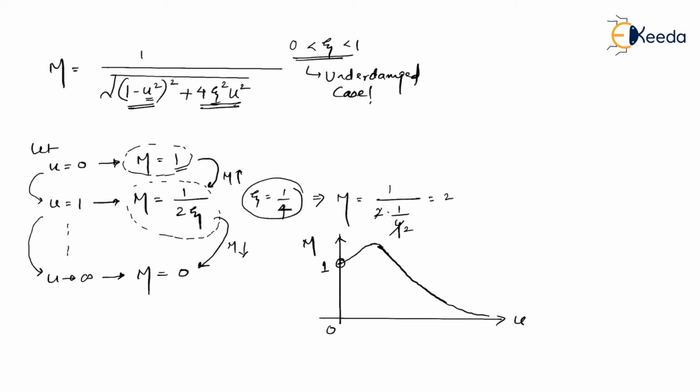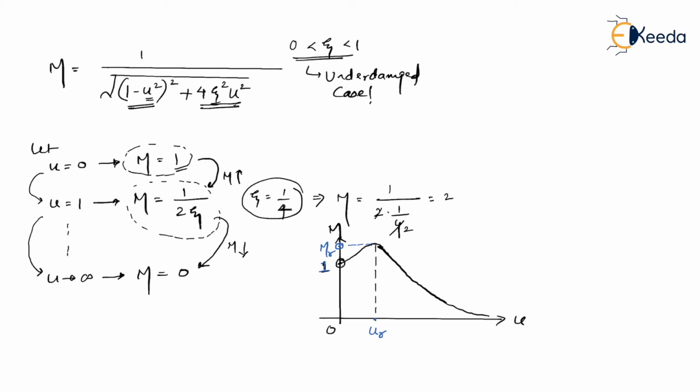Let me define a few terms over here. The very first term is the maximum peak, which I call MR. Don't get confused, this M is something on the y-axis. So MR is the maximum value, or maximum resonant peak. The frequency at which you get the maximum magnitude, let me assume that frequency as UR in this case. Secondly, the normal value is considered to be 1. I repeat, the normal value is considered to be 1.